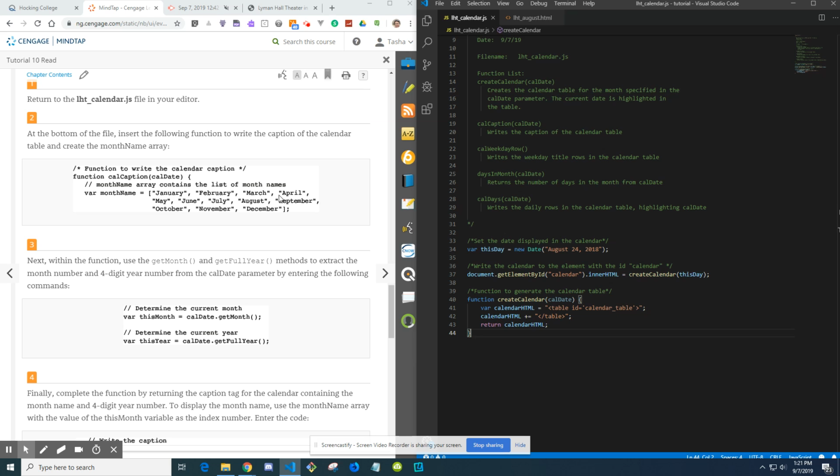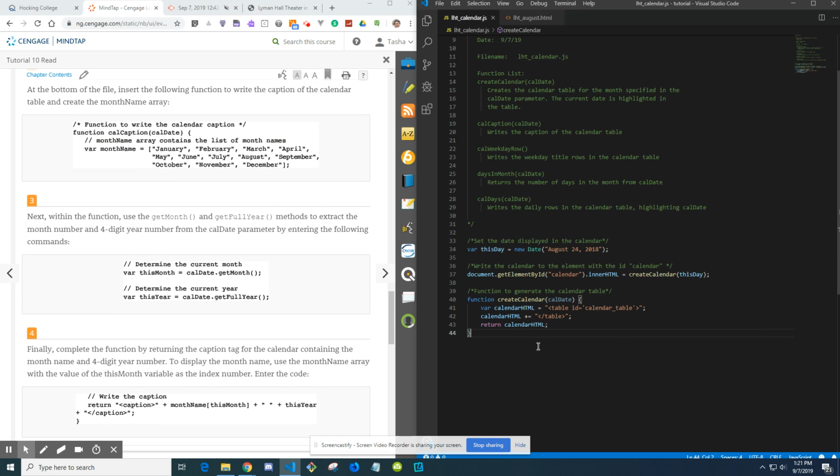Insert the following function to write the caption of the calendar table and create the month name array, at the bottom of the file. Month names: var monthName equals